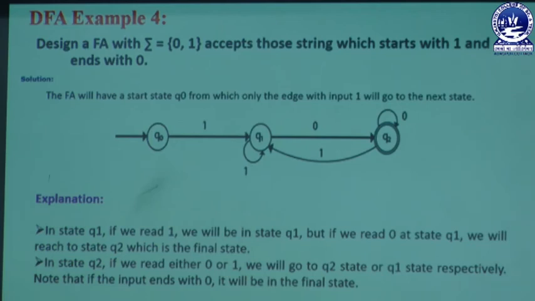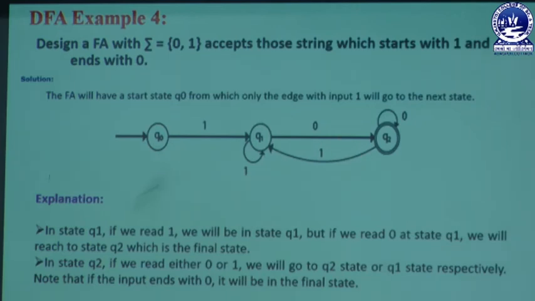We know that, due to this rounded circle, we have the double circle in Q2. That means Q2 is known as the final state in this transition diagram. But Q2 can also take a value like 0, and then it is self-redirected. Q2 can also accept a parameter like 1, and then it does not create a new state, but the existing state is redirected, which is mentioned here as 1.